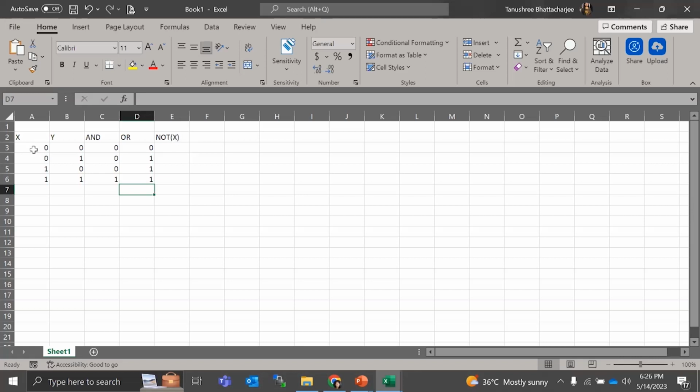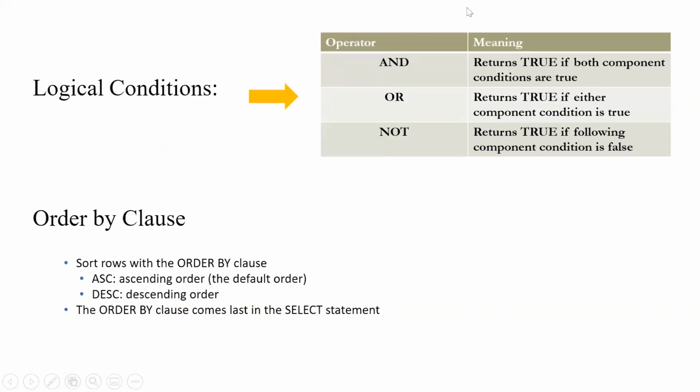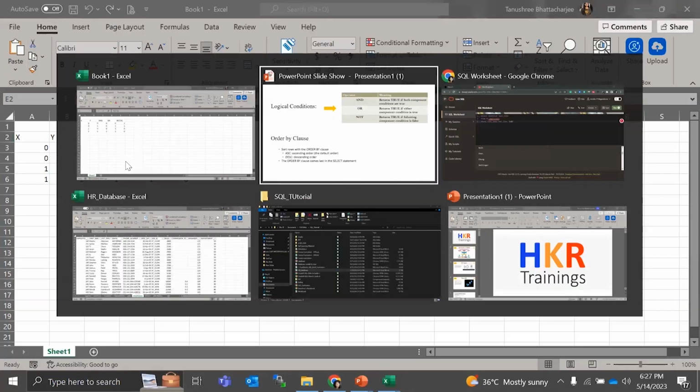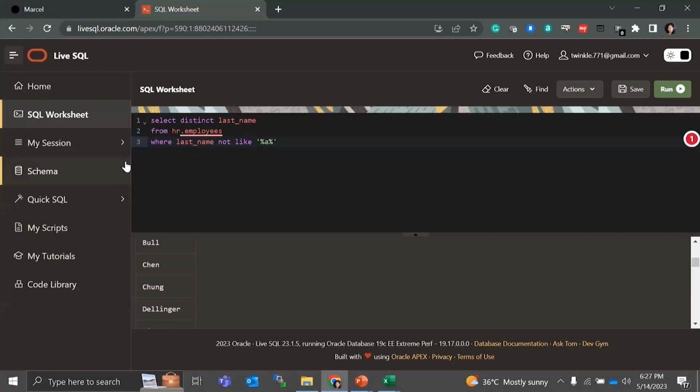So if we take 0, so NOT of 0 is 1. So basically, we are just taking the opposite of what we are getting. Okay, again, NOT of 0 is 1, and here x is 1. So we put 0, and here also we put 0. Okay. So NOT is nothing but where we are negating the input. This is what is being shown here, but because this is in letters, it becomes difficult for us to understand. This truth table is kind of easy, so if you want, you can note this down by pausing it here. Okay, we will see some examples now